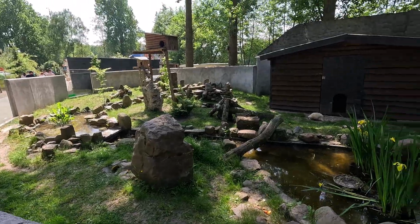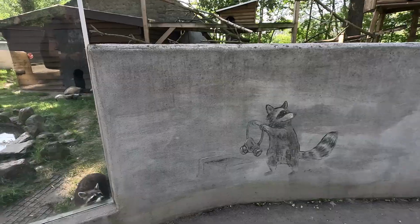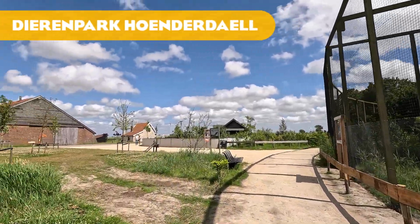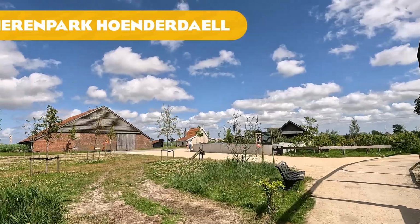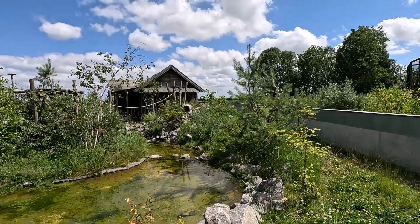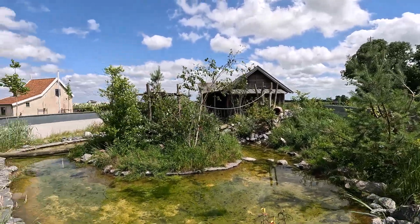And if you're wondering about all these raccoon skunk mixes, don't worry. According to this zoo, the raccoons have gas masks, so everything is fine. Anyway, next up, this is Dierenpark Hoenderdaell. This is another zoo that I know took in a lot of raccoons from Stichting Aap, giving them this really